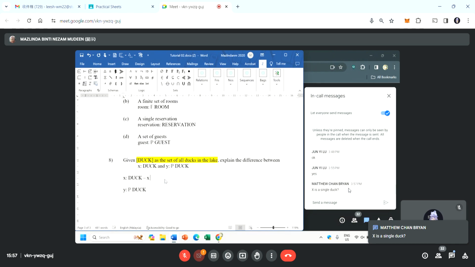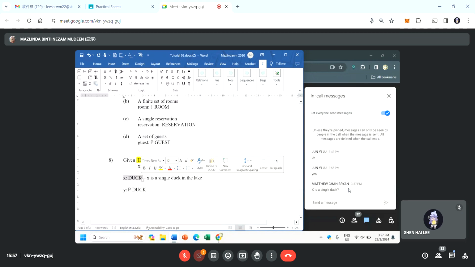So you need to put back that X is a single duck in the lake. Okay, because it is representing the single set, this basic type. Okay, and how about the Y? Y is a,